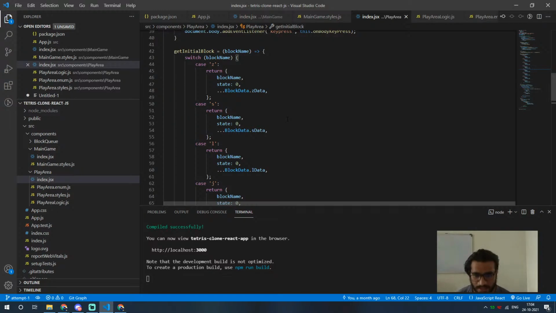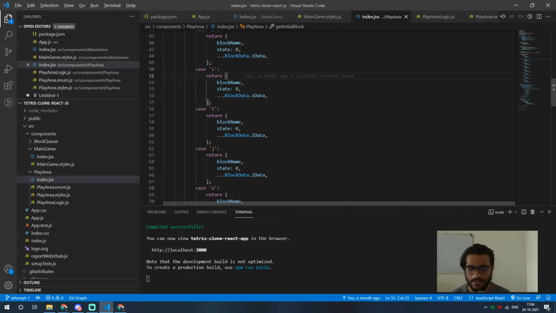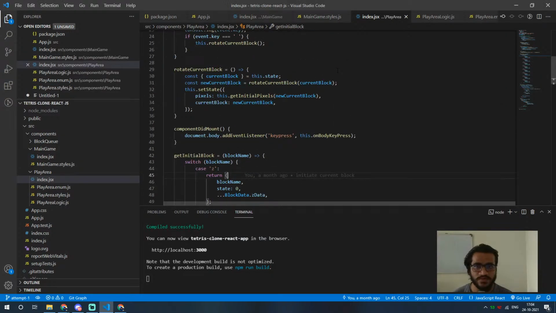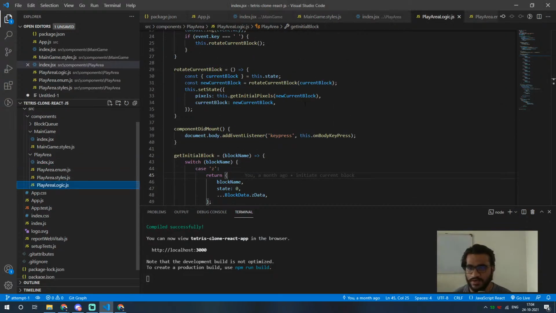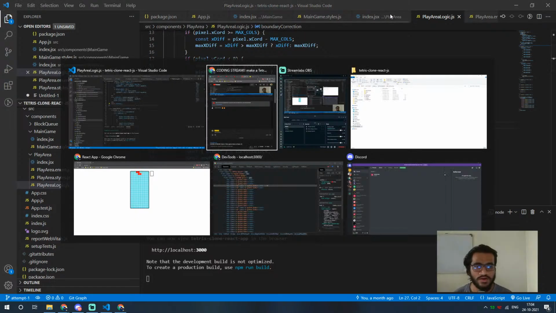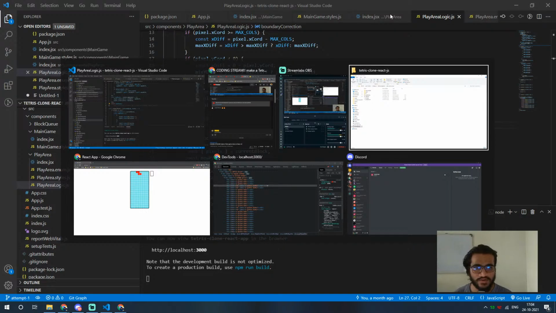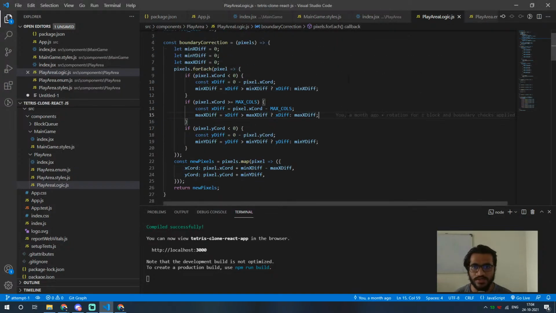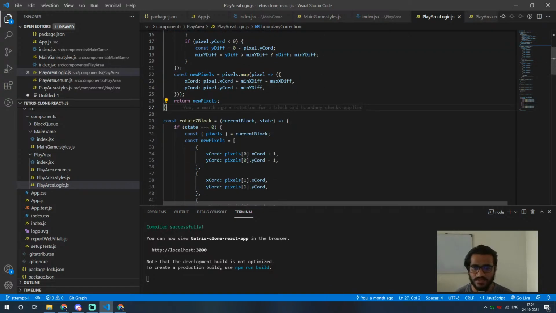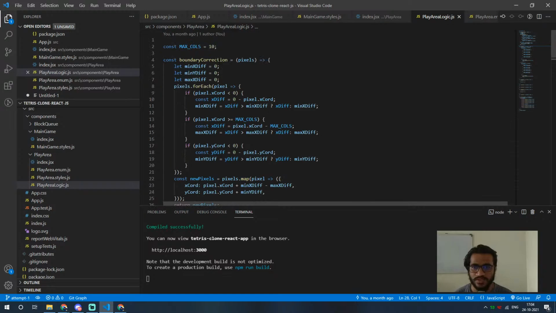You know what? I think let's continue with the last step where we left, because out of nowhere I started working on boundary correction, which was not right, because all the things should be figured out first, and then we should work on it. So for now, just bear with me, and we'll just work on boundary correction, because I think I left